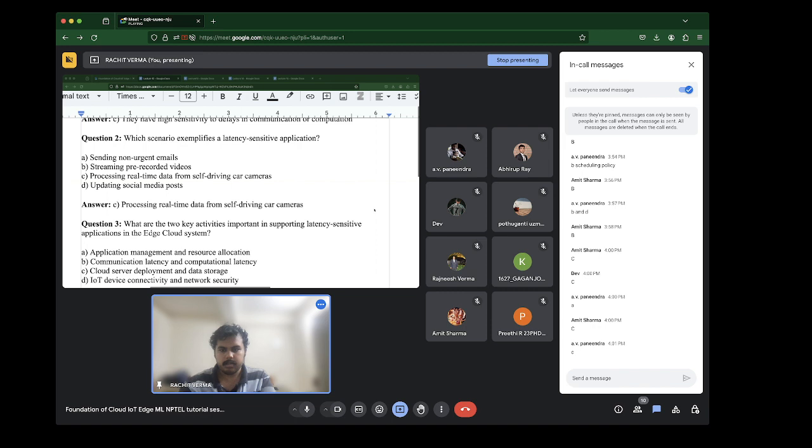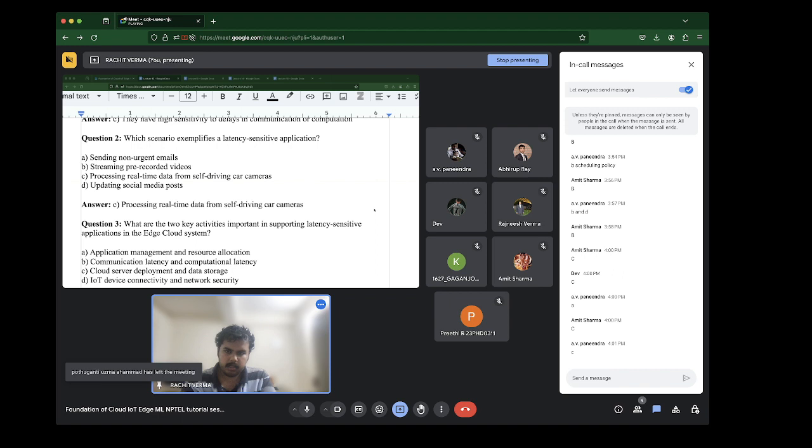So what are the two key activities important in supporting latency sensitive applications in the edge cloud system? We have an equation that was discussed in this context. So anyway, is it A, application management and resource allocation, B, communication latency and computational latency, C, cloud server deployment and data storage, or D, IoT device connectivity and network security?